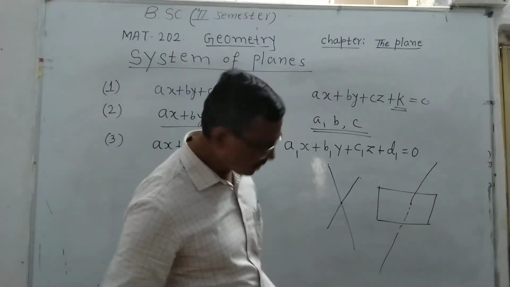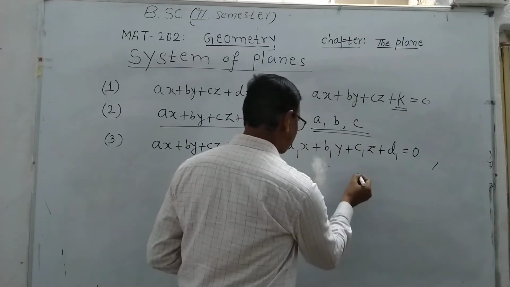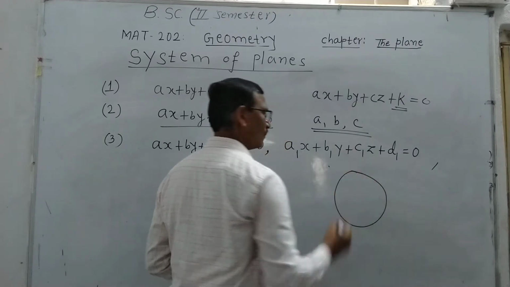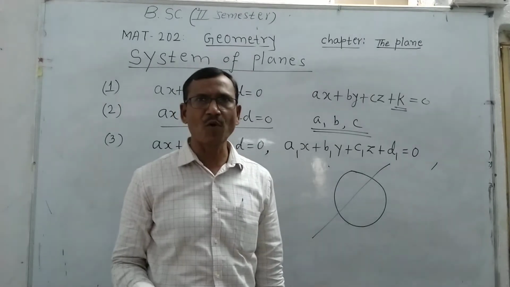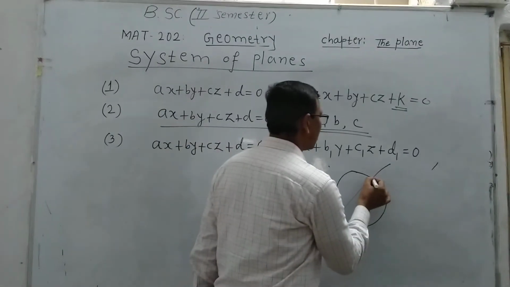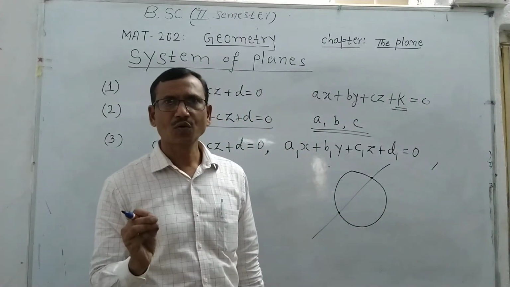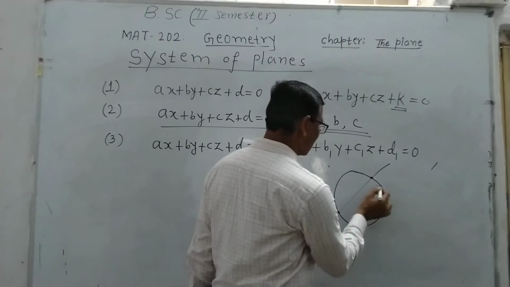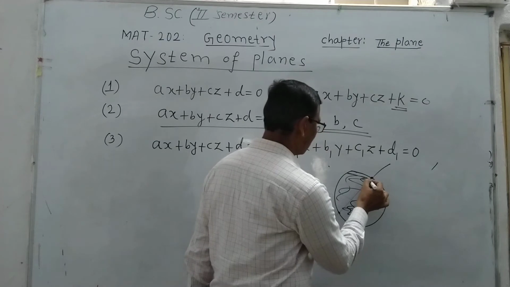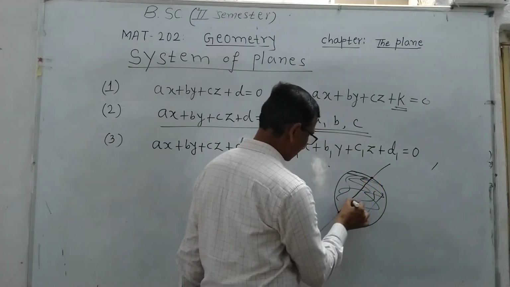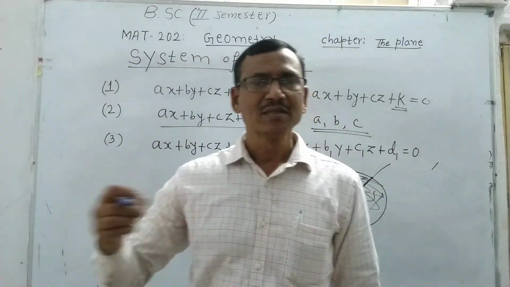And what about if you consider a circle and one line? This line intersects this circle in how many points? Yes, in 2 points. The intersection of a line with a circle is 2 points. If instead of a circle, you consider this as a sphere, that means the complete solid, what is the intersection? This line, this chord, is the intersection. And how many points are there? There are infinite points along a straight line.